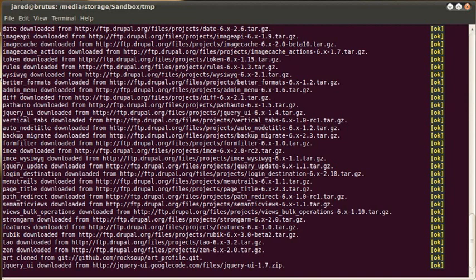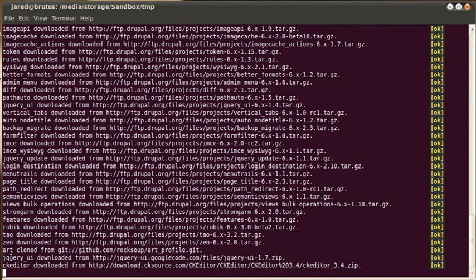You can see that I have specified a profile that was just downloaded from GitHub that I'm going to use instead of the default Drupal install profile, and that's going to be the subject of another blog post. But here you can see